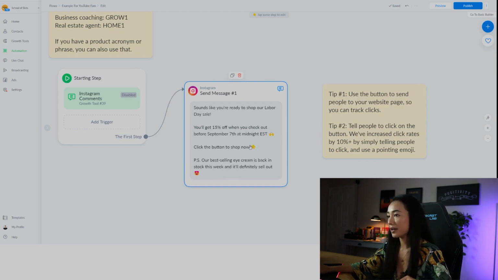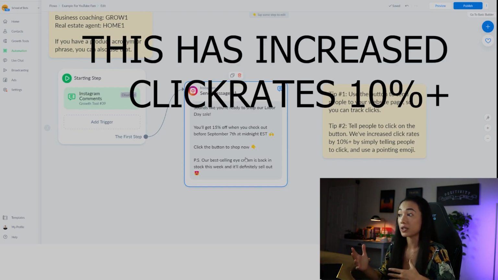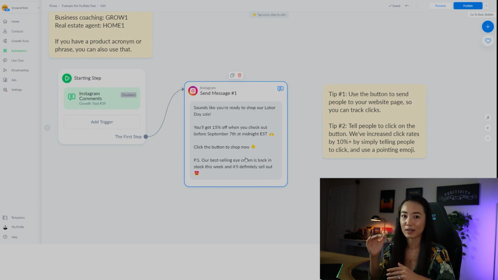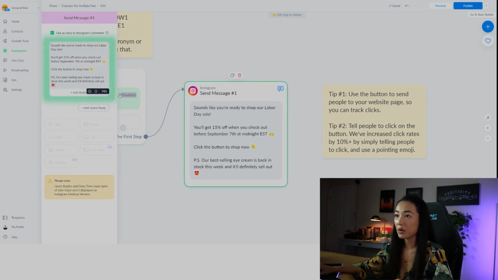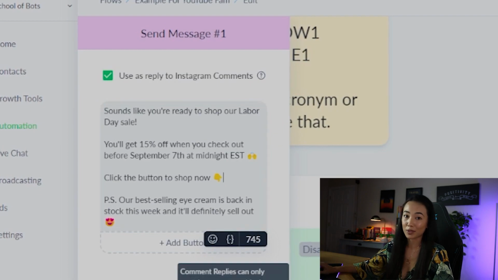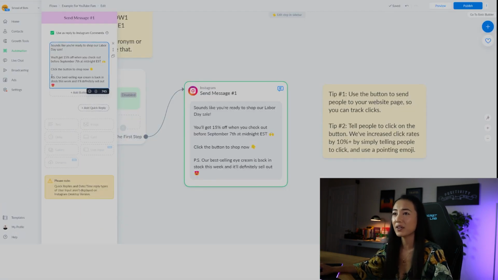And we've got a little emoji here. And then we say, click the button to shop now. I'm going to show you how to add a button in a moment. The reason that we do this is because we've been able to actually increase our click rates by 10% plus, simply telling people, hey, you've got to click the button. This is a new thing for a lot of people on Instagram, so we want to make sure that it's clear to them what they need to do and actually to get the thing that we have promised them. We also add the pointing down emoji, which you can see here, and that has also helped our click rate quite a bit. Finally here, this is just a little note that I added for the example here